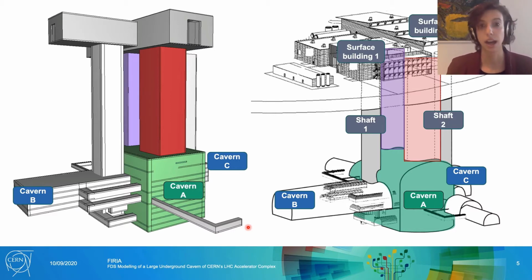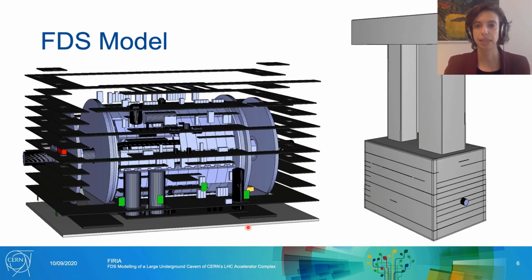It would take a lot of time to carry out these simulations. So we decided to treat them independently. And independently, in this case, means that we are treating, for instance, the experimental cavern with its two shafts and the surface building when these two are connected. And inside the experimental cavern, the